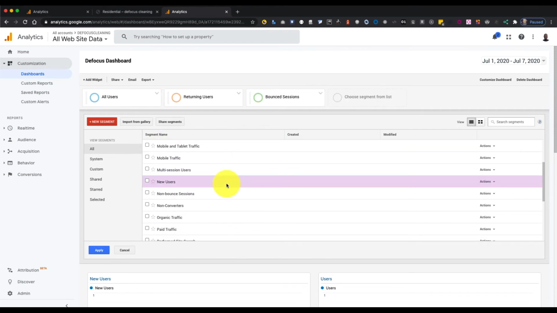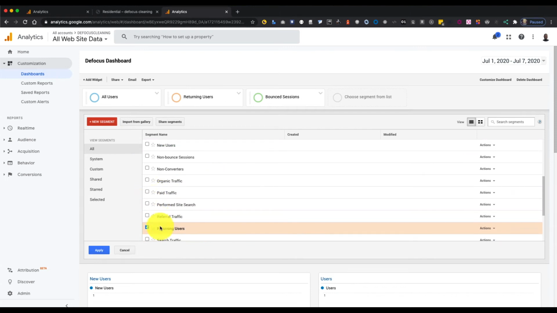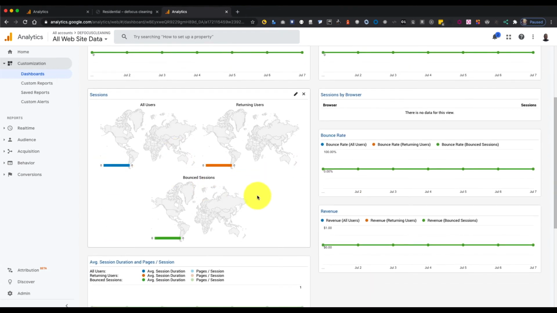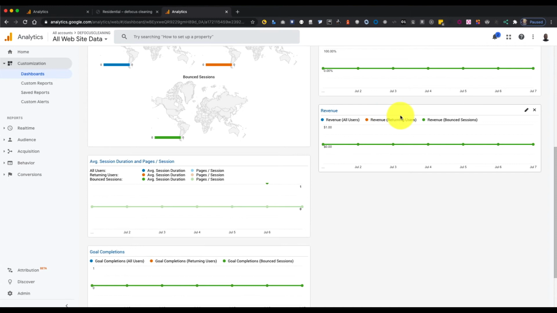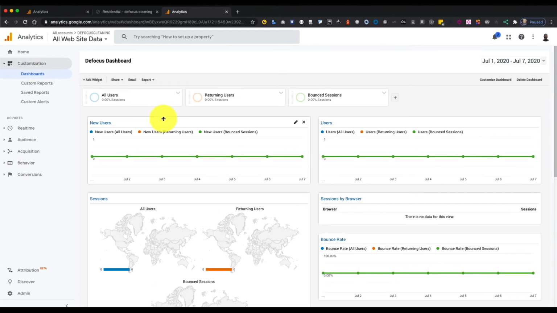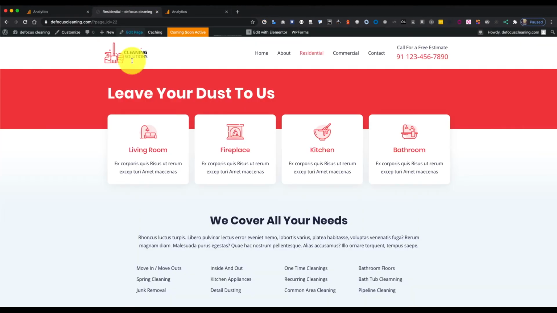And you can see. And let's just apply that. Click on apply. And voila. You can see the dashboard is updated with the legend. You have three colors there: the blue, orange, and green. Represents different segments of information that will be showing on that place. And the next thing is for us to integrate